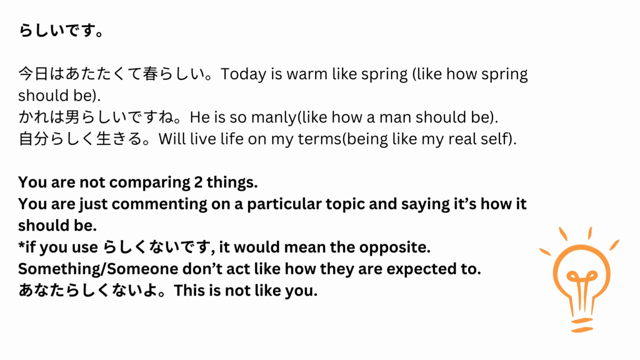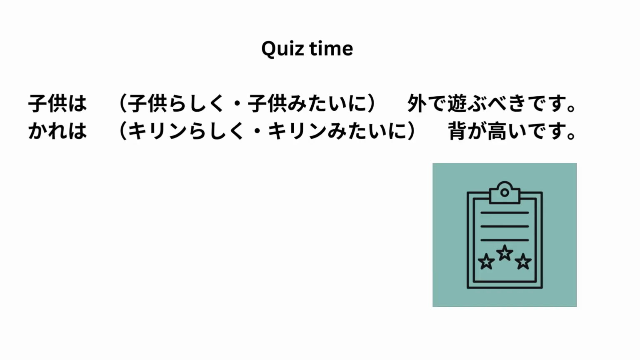Hope it was clear. Let's see if we've really understood. Quiz time. Kodomo wa, you have to choose between kodomo rashiku or kodomo mitai ni. 子供は dash 外で遊ぶべきです。 Kare wa, again you have to choose between kirin rashiku or kirin mitai ni. 彼は dash 背が高いです。